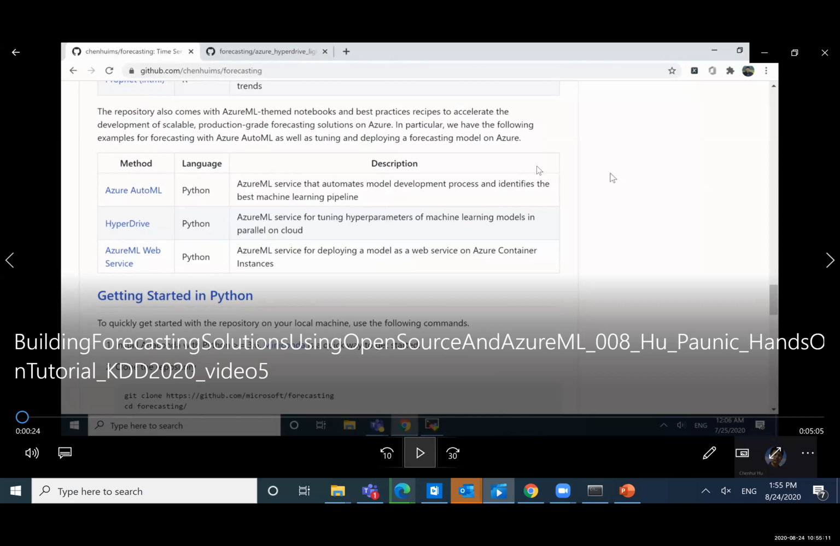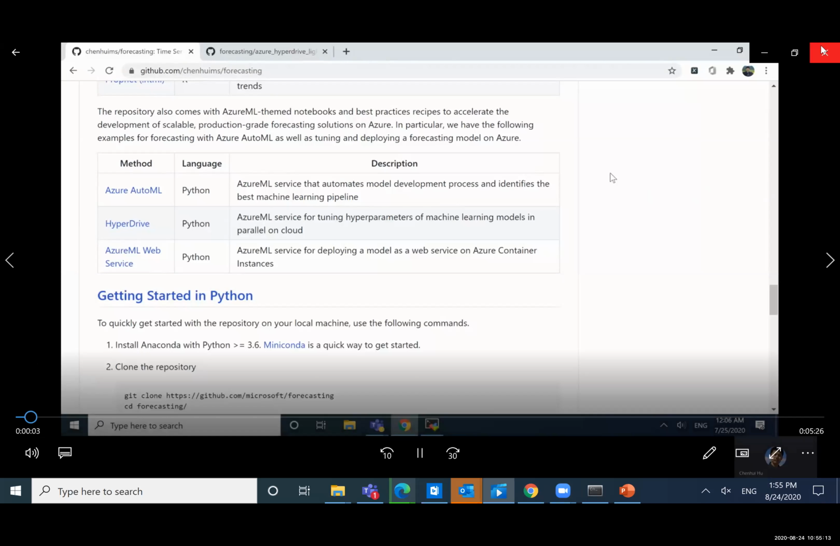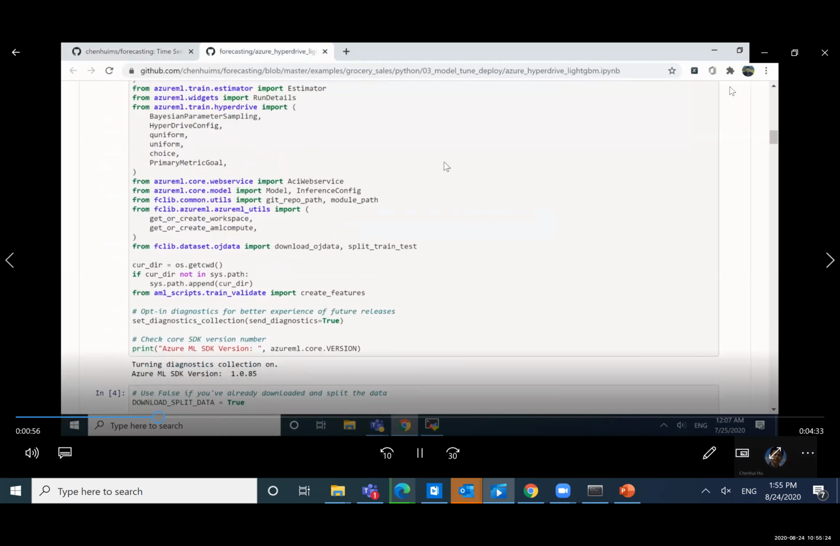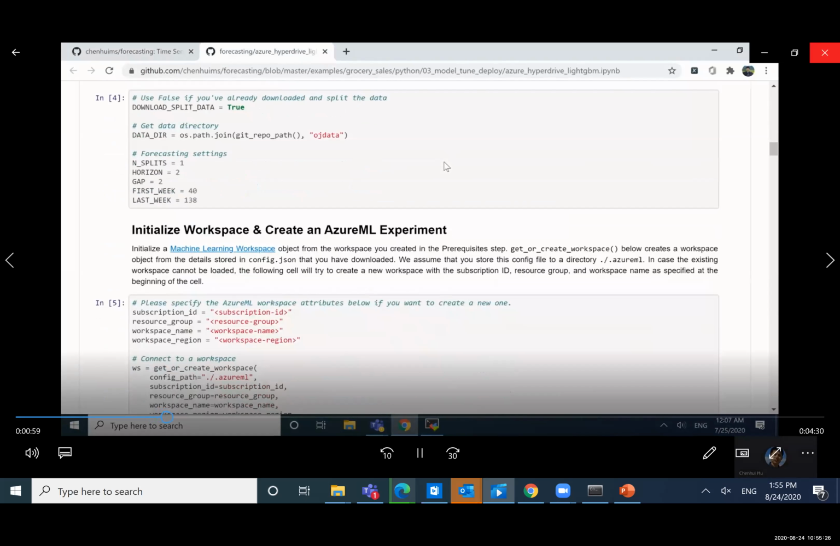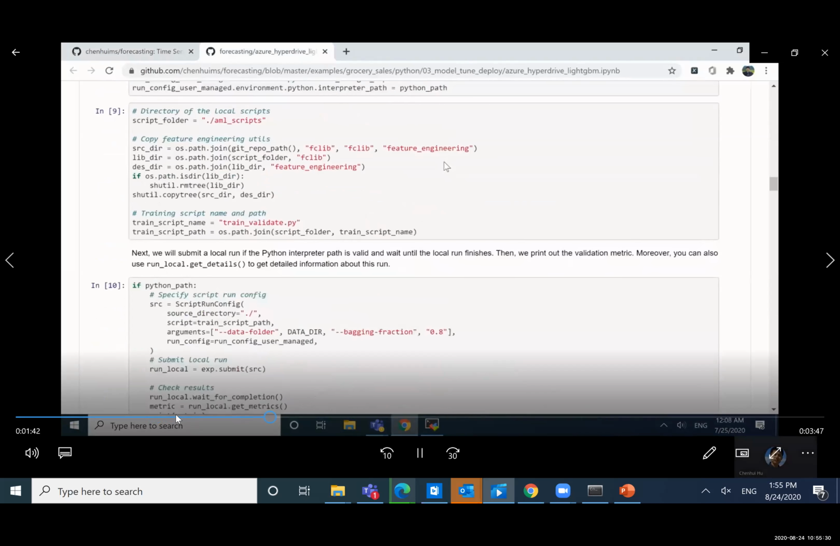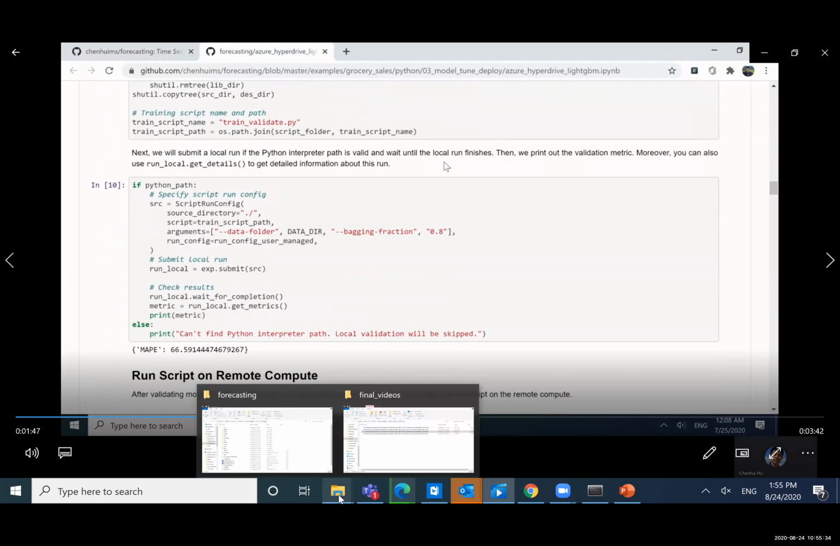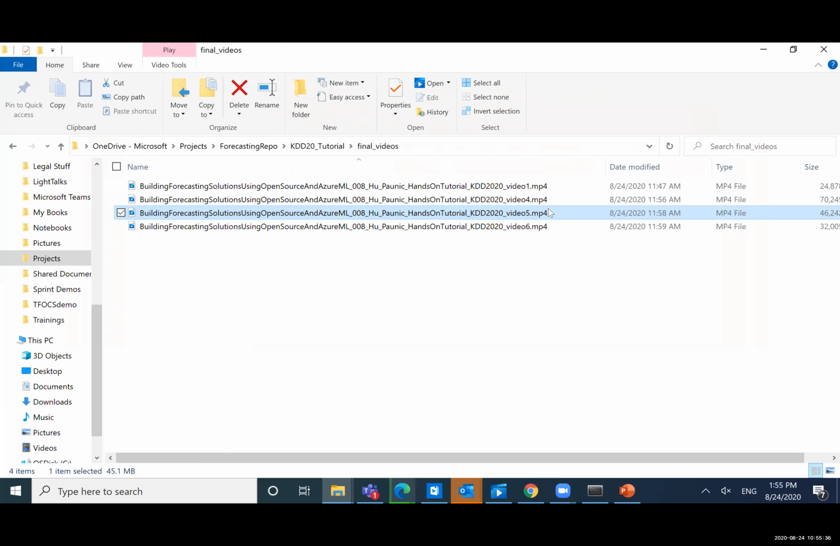In this video, I will walk through how to perform hyperparameter tuning using hyperdrive in Azure ML to improve to the table of content. After that, we initialize a Azure ML workspace. As you can see, this script runs properly on the local machine as it returns the map on the validation